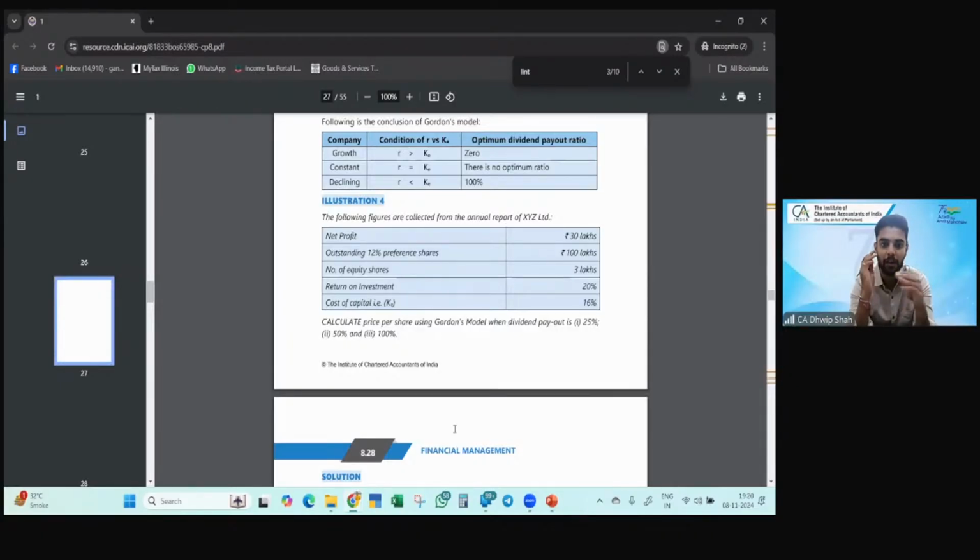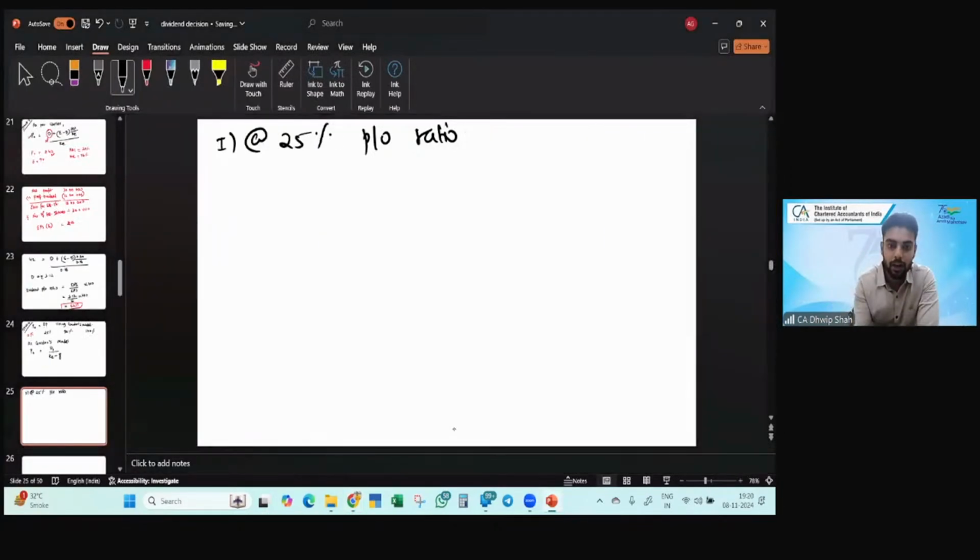Yes or no? If we apply payout ratio to earnings per share, we can get dividend amount. We have the KE figure, but we don't have the growth value. Growth rate we don't have directly in this question. But using the formula of growth, ROI into retention ratio,